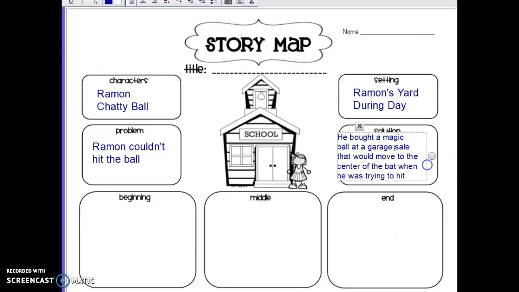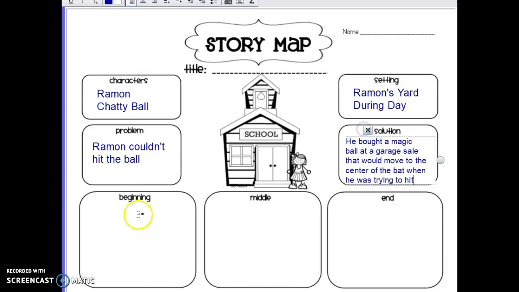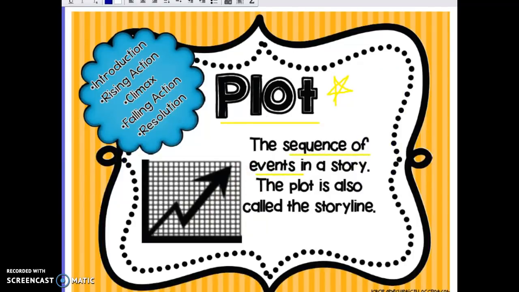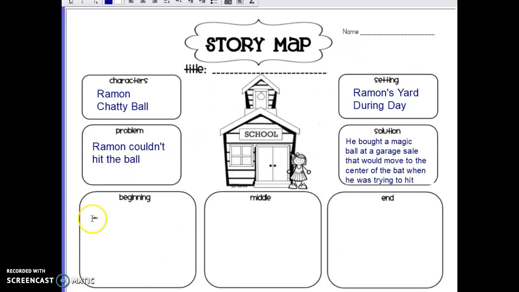Okay. Now down here at the bottom, this sequence of events, if you remember back to our vocabulary, that's called the plot, the sequence of events. On your story map, you're going to think back to the story. What were the main events that happened in the beginning, the middle, and end of the story? You're going to kind of summarize those below to show the plot of the story, or the sequence of events. So in the beginning of the story,